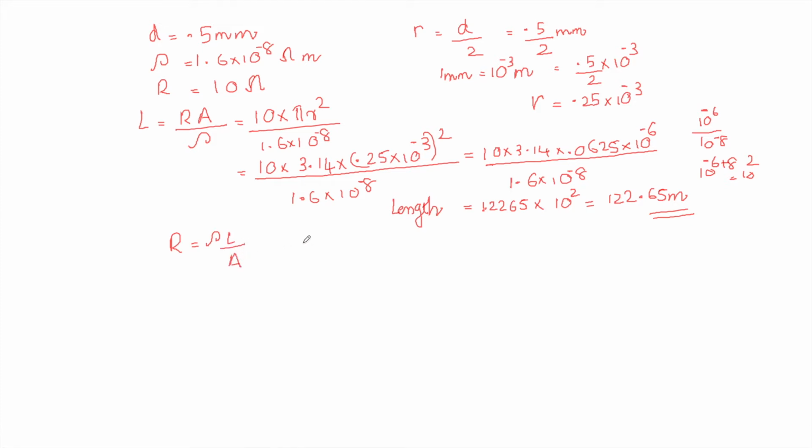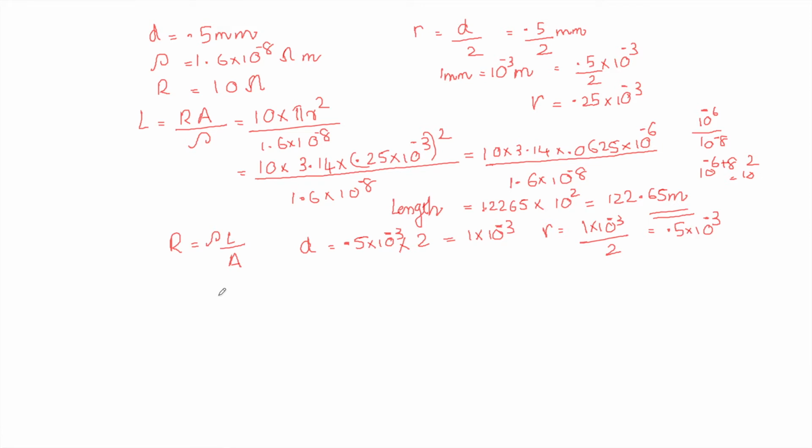Okay, so the diameter it was 0.5 into 10 raised to minus 3 meter, right? So it is doubled, that means into 2. So it will be 0.5 into 2, it will be 1 only, 1 into 10 raised to minus 3. Again the radius is half of the diameter, right? So 1 into 10 raised to minus 3 by 2 you will get as 0.5 into 10 raised to minus 3. Okay, now we can substitute in this formula.